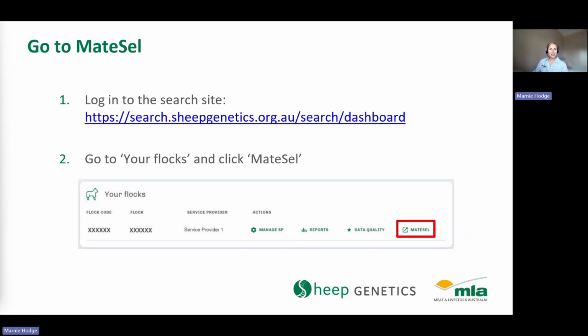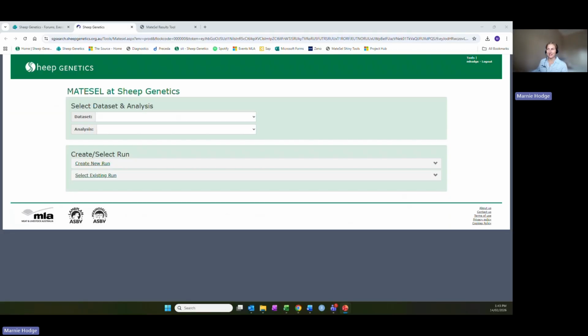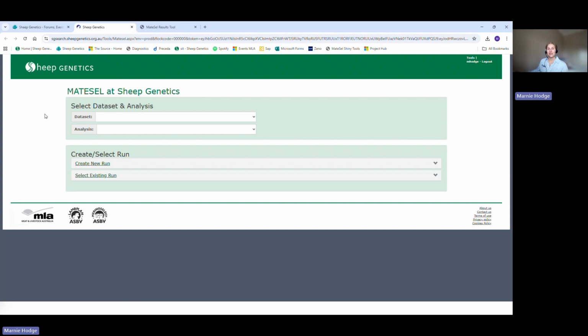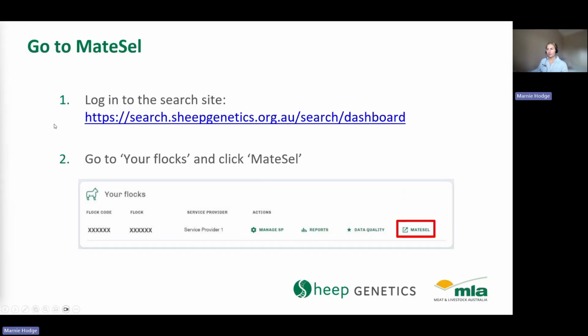So to be able to do this, we need to go onto the Sheep Genetics website. So click the link or log on to your Sheep Genetics website. You then need to find the Your Flocks box. So wherever your flock box is, and for the appropriate flock, you then need to click this MateSel button here. And just give me a minute and I'll get my MateSel up. So that will take you to the